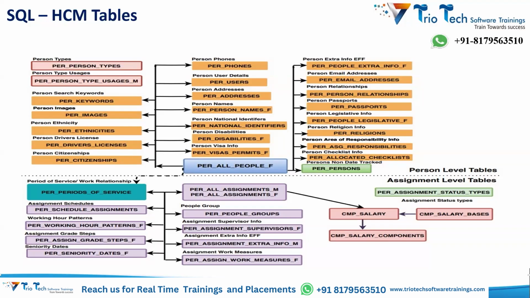It is the basic first table. In addition to that, this table may have joins to different tables holding different sorts of data like visa details, disability details, national identifier details, name of the person, address, user detail, phone detail, the passport detail of the person, image of a person. For each of these things, a separate table is required. Do we need to remember all the tables and the joins? It is not recommended, but as we learn and progress, working on reports, some of the tables will be in our mind and we will remember them.